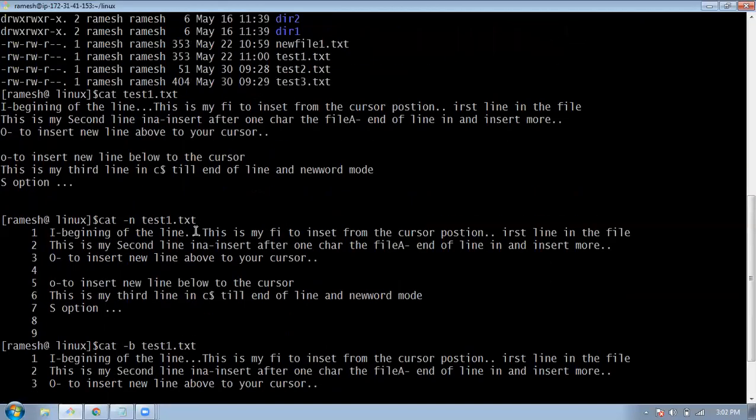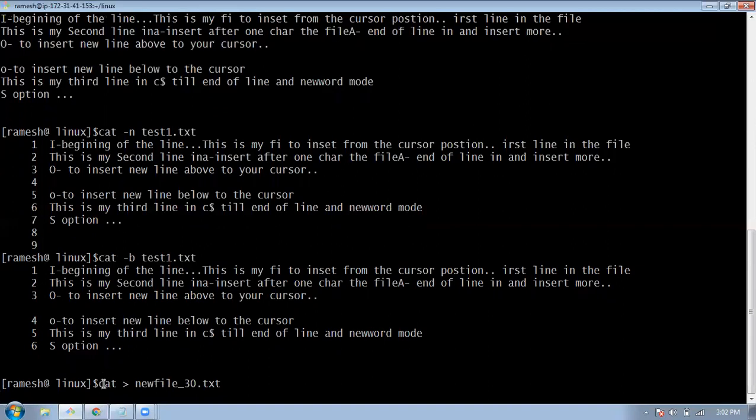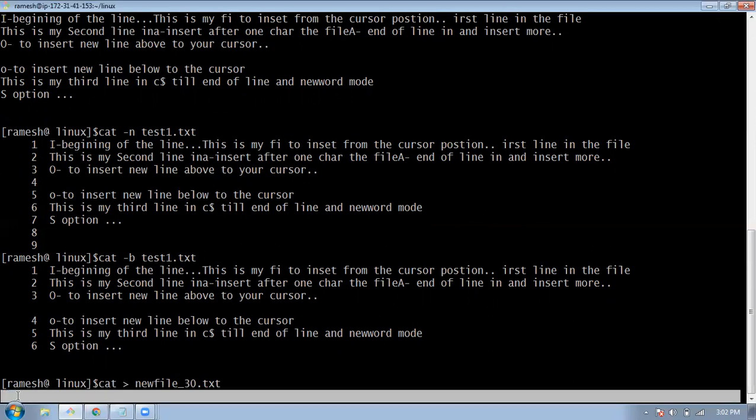It should not already exist here, otherwise the content will be removed if it exists, because the greater than sign will override it. So new file, suppose I'll give t.txt. I don't have this file name with me. Because of this greater than sign, it is asking me to enter the text.